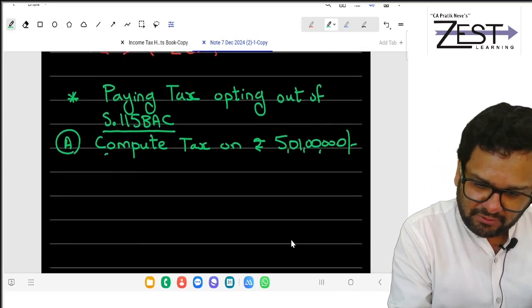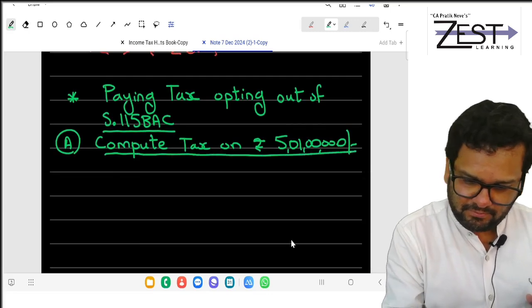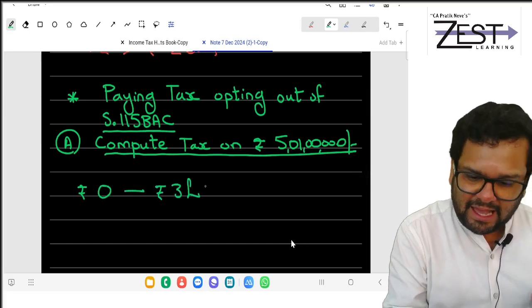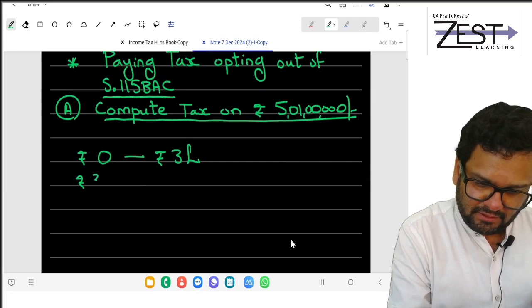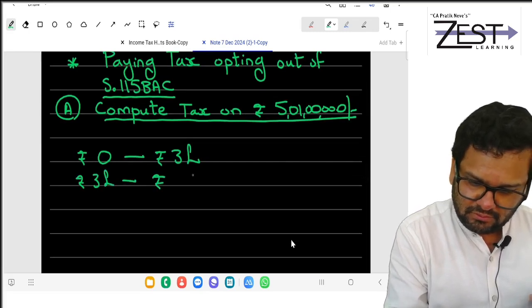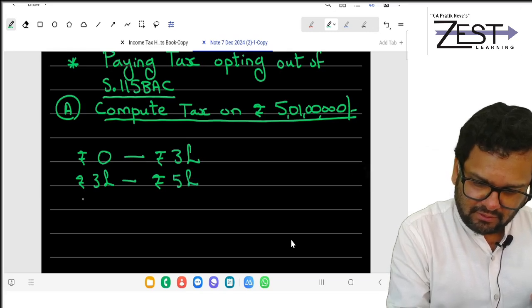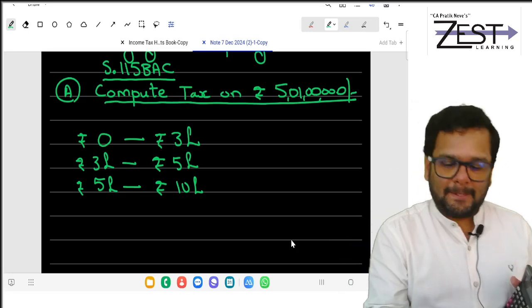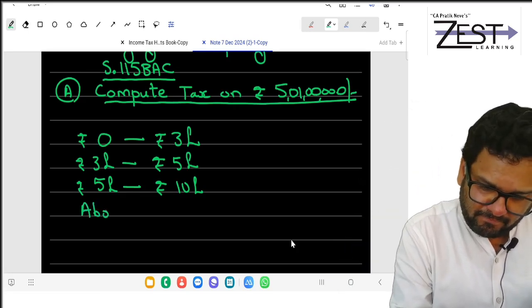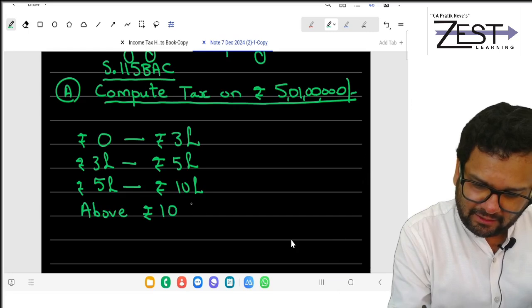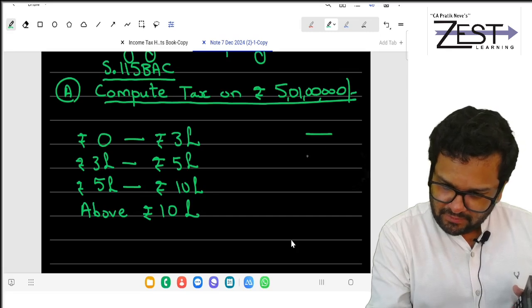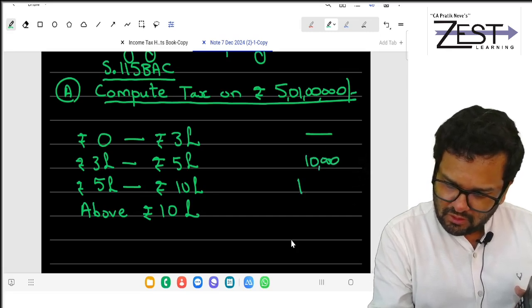Please do it step by step if you don't know how to jump. 0 to 3 lakh, 3 lakh to 5 lakh, 5 lakh to 10 lakh. Above 10 lakh. So how much? Dash 10,000, 1 lakh,